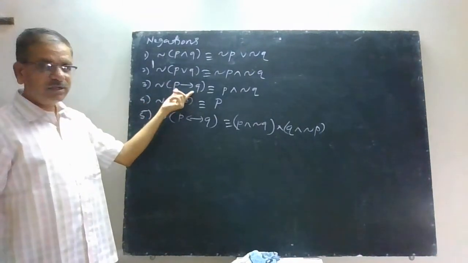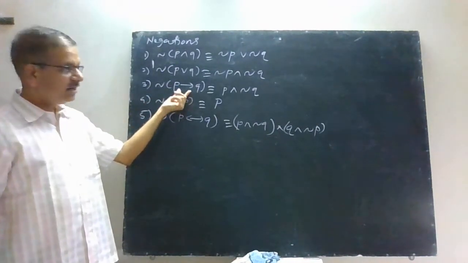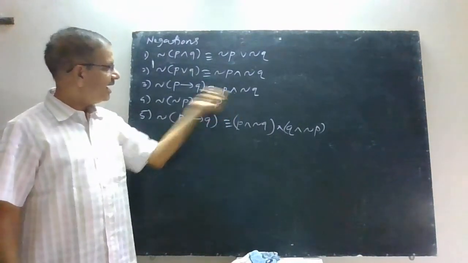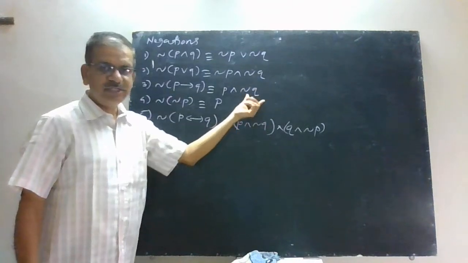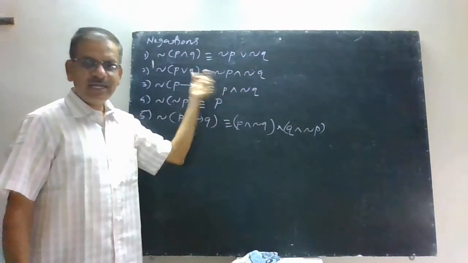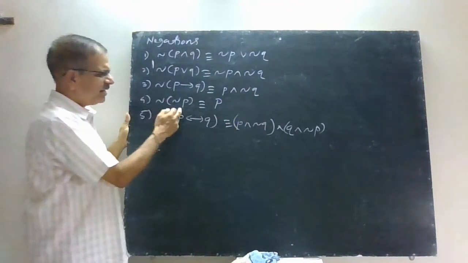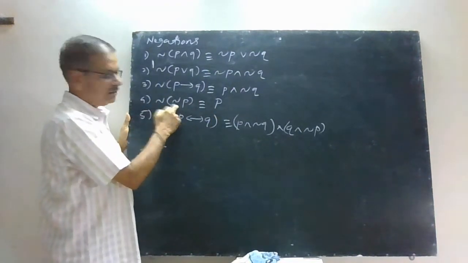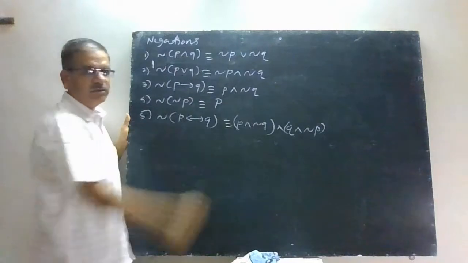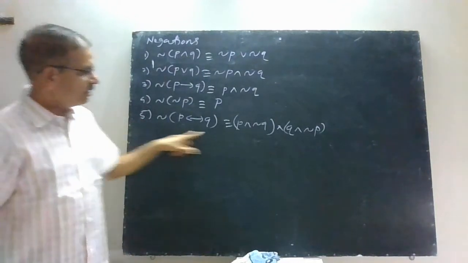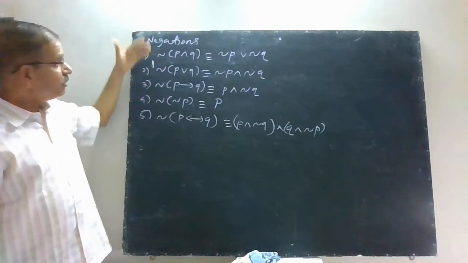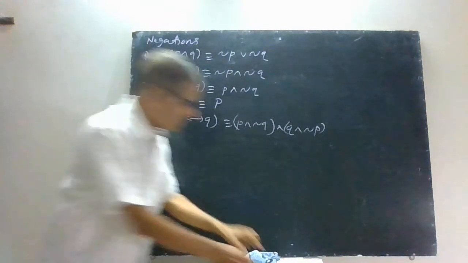See, observe this one also. It is implication here and it is not implication on the right hand side. It is p and negation of q. So this is a statement without having that implication sign. Negation of negation of p is equal to p. You have to just remember this one, you have to write down statements. Now how do you use this negation to solve questions? Now let us see.